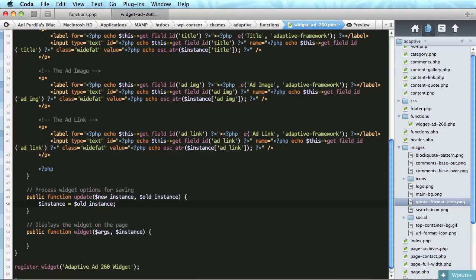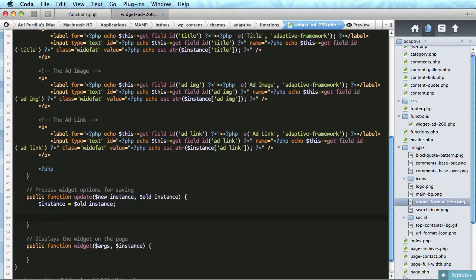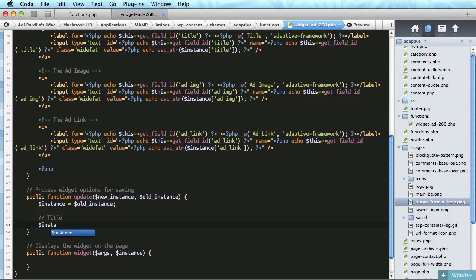So we get the old values from the database in this new variable. Next, we'll do the title. Okay, so we'll say instance title will equal strip tags